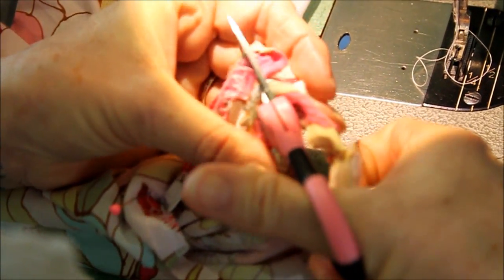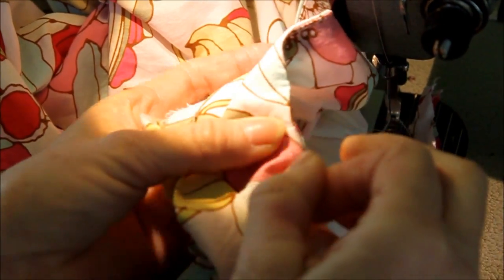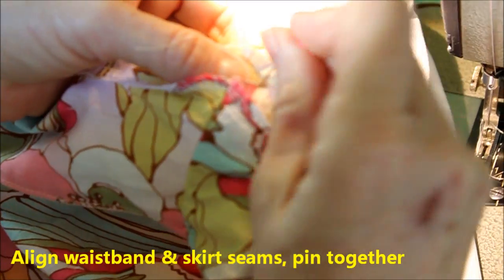You could use your big girl scissors, it goes faster. Open up the seam. There we go. Looking sweet. Pin that. You can see they meet beautifully. Flip it. And this is the outside of the skirt, the outside of the waistband, and this is going to be attached to the outside of the skirt. Line up the seams, pin,